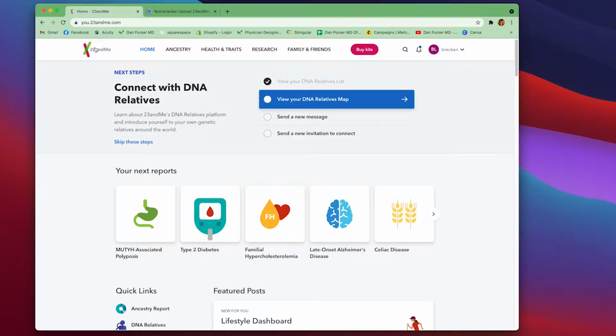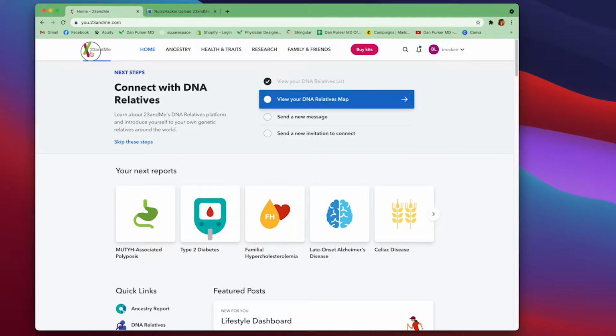So first, what you're going to want to do is make sure that you've purchased your 23andMe kit, you've done the actual DNA test, which I believe is spitting in a tube, and you've sent your test into the system, and you've received an email saying that your reports are ready, all that fun stuff. At this point, you're going to want to log into your account and get to the main page,